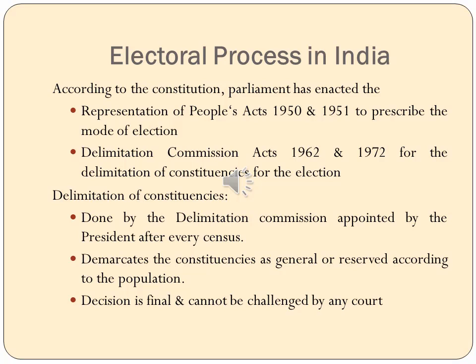So delimitation of the constituencies was done by the Delimitation Commission that was appointed by the President, and it was a process to form a delimitation commission after every census. So after every census, based on the population, the Delimitation Commission will decide what should be the size of the constituencies, what is the boundary of the constituency, and it will define the details for each constituency.